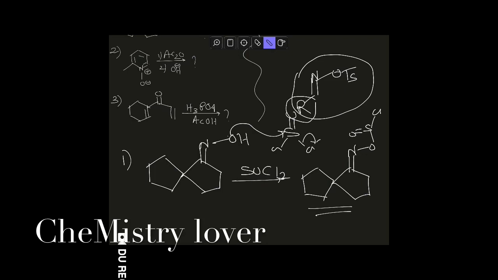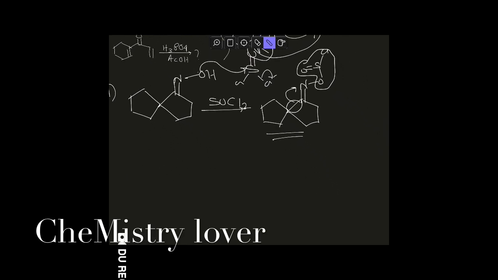What happens in Beckmann rearrangement is this R group migrates over here, and this OTs or any other leaving group goes away. Similarly here you have this leaving group, so it can go, and this is your R group, so it can migrate. Now there is a question whether a migration will take place, that is a Beckmann rearrangement, or a Beckmann fragmentation, and in this case both are possible. So you will get two products. In one case this will migrate.